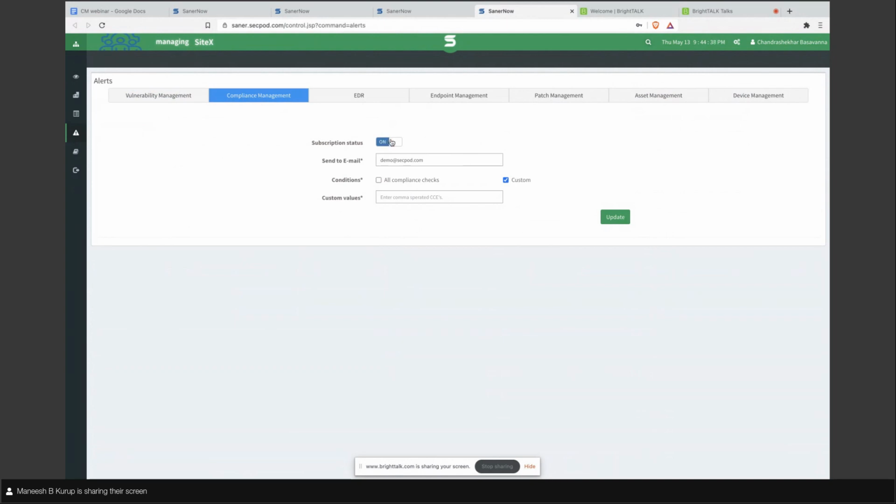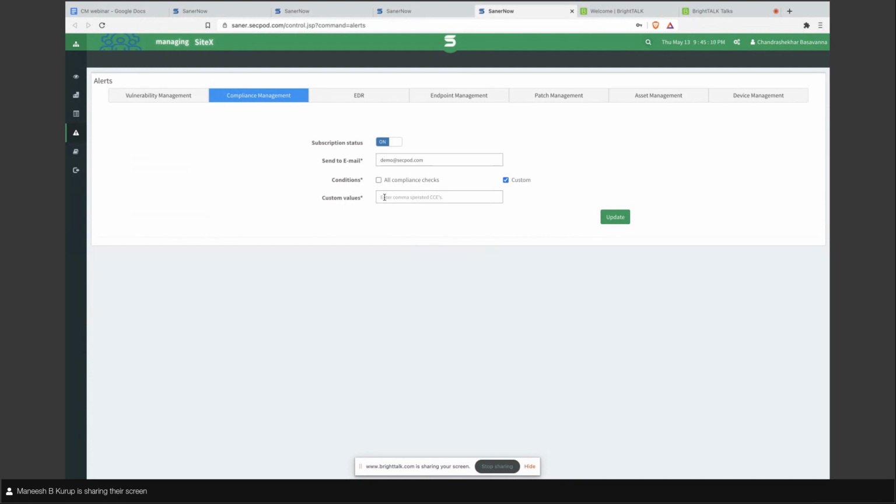on-off toggle button available. So you can click on it, and that will enable the compliance alert for yourself, and it will trigger emails as and when there is a compliance deviation detected as part of the daily scan. And the customization possible here is, for each of the compliance deviations there is an ID associated with it, which is called the common compliance enumeration ID.